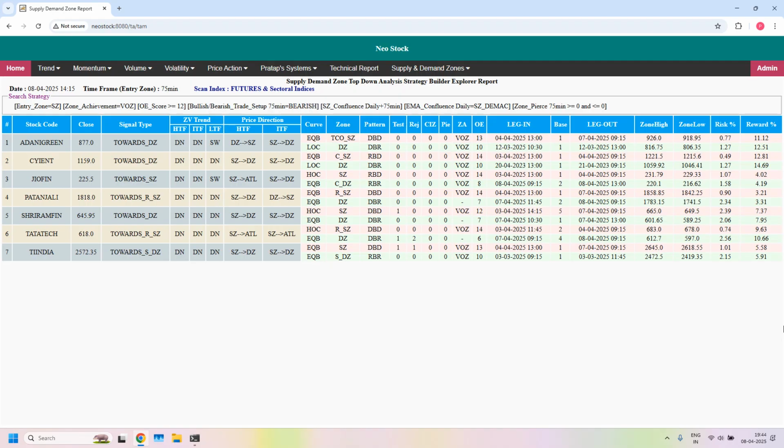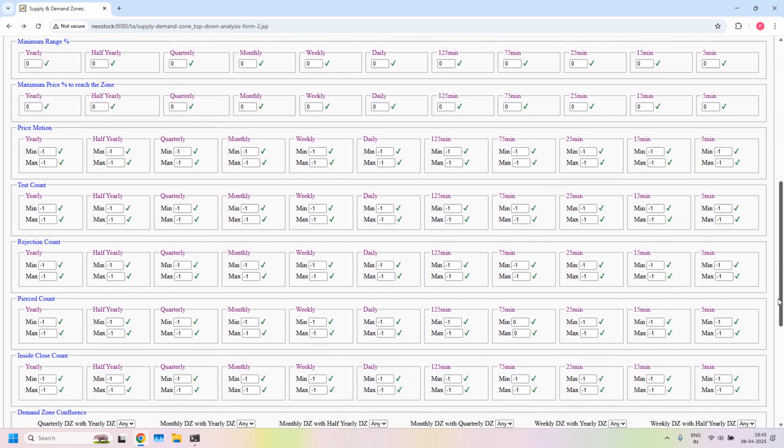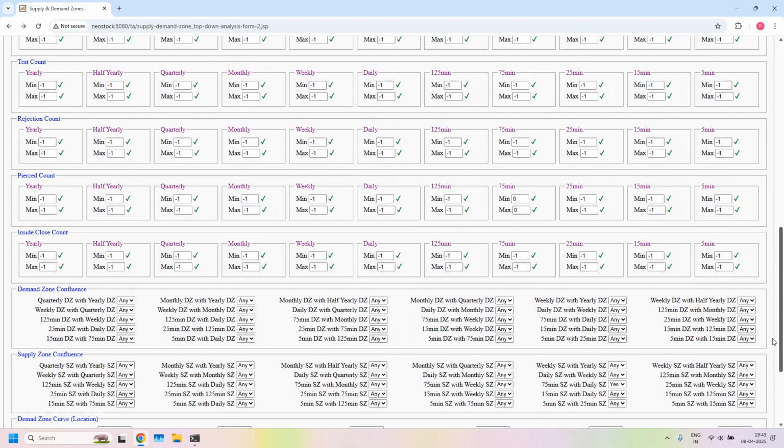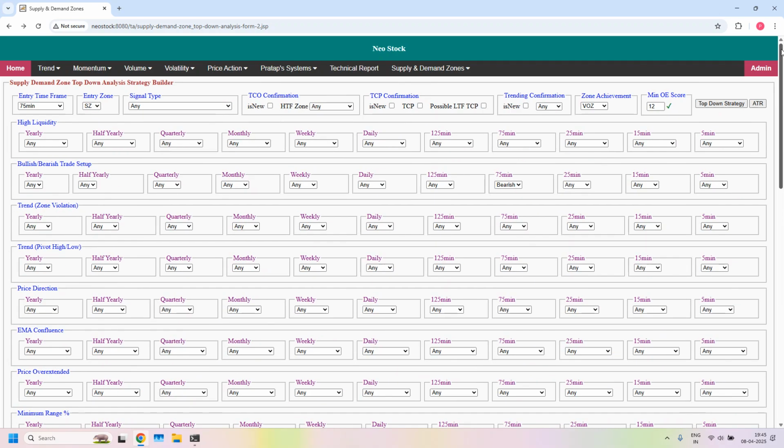Okay, next let us look into LTF, ITF and HTF supply zone confluence supported stocks. Removing EMA filter. In the supply zone confluence, first filter is already enabled, 75 with daily. Next 75 minute supply zone with weekly supply zone confluence, daily supply zone with weekly supply zone confluence. With all the 3 filters,